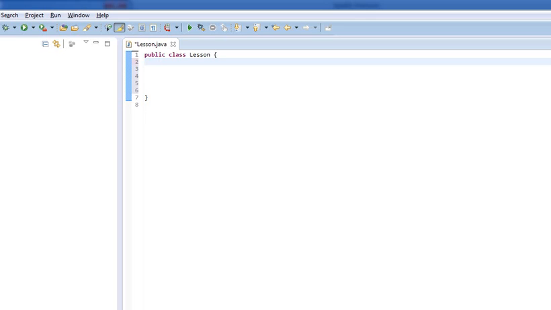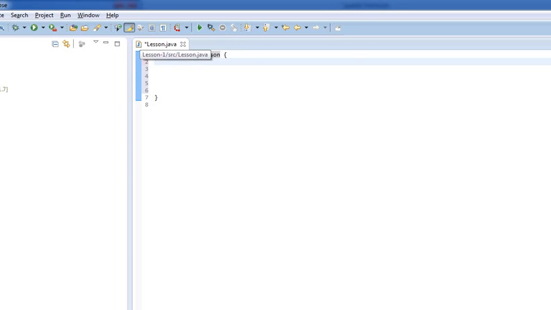So public class lesson, the only thing I want you guys to really know is that this lesson needs to match the file name right here. So when we see lesson in public class right there, it just needs to match right here. That's all I want you guys to know about that for now. Same thing with this next line. Public static void main